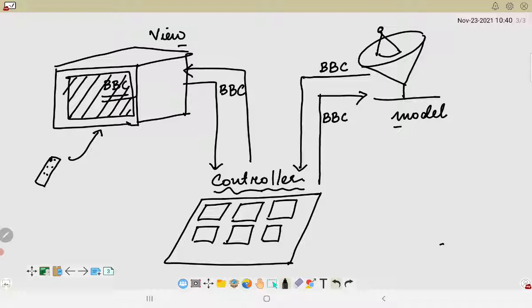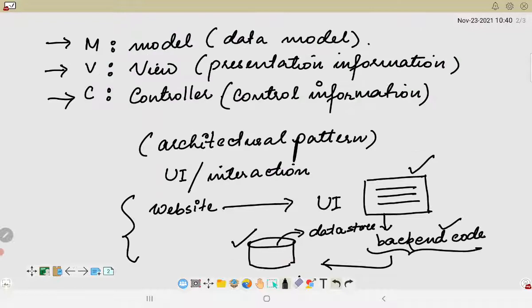This we have to understand. This also happens in the application, just like in the previous example we saw with a website, where the user sends requests to the website, and the website forwards the request to the backend code, and the backend code retrieves the data and sends it back to the user through the same process.